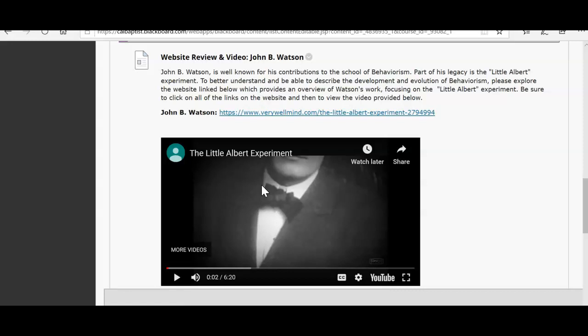So Watson and his assistant Rayner concluded that the instant the rat was shown, the baby began to cry, and almost instantly he turned sharply and demonstrated symptoms of fear. Just thinking about how little forms of stimuli and classical conditioning can have an effect on someone, or specifically this child,